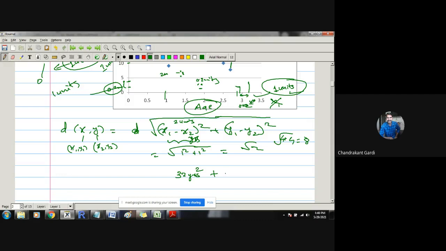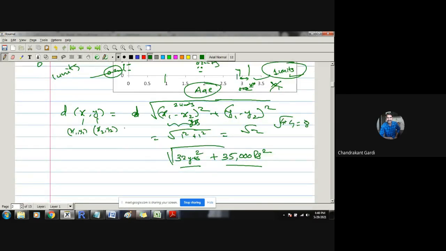suppose that is, say, 35,000 rupees squared. So we are adding these two quantities and then taking the square root. That doesn't make sense, because these observations are measured in different units. I am not saying that the Euclidean distance formula is wrong. The Euclidean distance formula is correct as long as x and y define the position of something in a multidimensional space. If one point has coordinates 2, 3 and some other point has coordinates 4, 1, they are purely numbers, they do not have units associated with them. In that case, the Euclidean formula is the best formula.